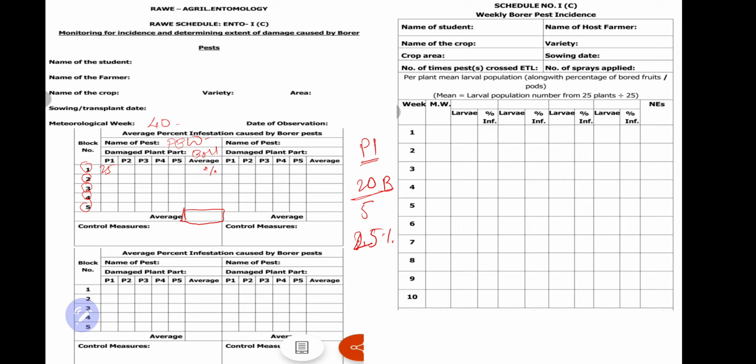There could be another population, maybe like Helicoverpa armigera, American bollworm, or spotted bollworm. There could be more than one pest. In case of tomato, brinjal, chili, okra or some fruit crops, do the same procedure: count the total number of fruits on the plant and compare it with the damaged fruits, and you will get the percent infestation. Mention all that information recorded over 5 weeks.